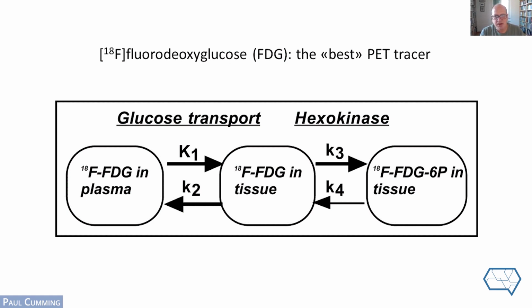And there, it can be phosphorylated by the enzyme hexokinase in living cells. And unlike natural glucose, which continues along the path ultimately to the Krebs cycle and is exhaled as carbon dioxide, fluorodeoxyglucose gets stuck. It gets metabolically trapped. And so it continues to pile up and accumulate in brain and in any metabolically active tissue that would normally be burning or consuming glucose.